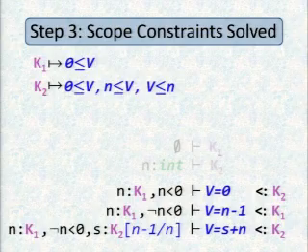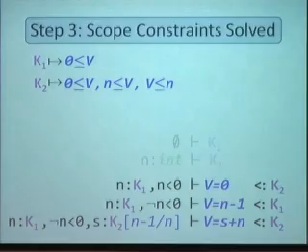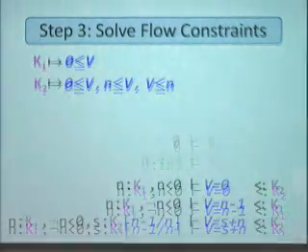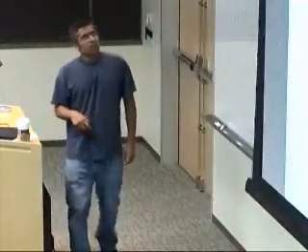Okay, so that's it. At the end, I've solved the two scoping constraints. These are the only qualifiers left standing. Great. So now let's move on and solve the flow constraints. What's the time situation? Okay, let's solve the flow constraints. So now this is where the implication comes in.